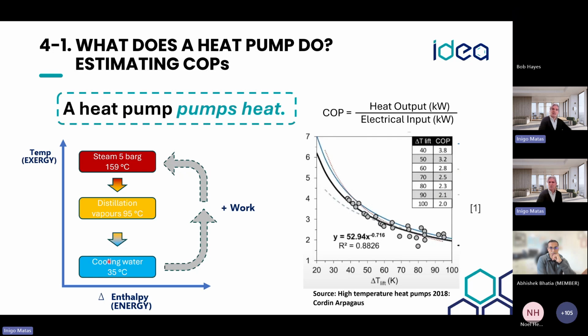Okay, so that's what we were saying. It's possible, but the higher the lift, the more energy we're going to have to use. If we follow the analogy with the centrifugal pump, if we want to pump liquid 2 meters high, or 1 kilometer high, the amount of energy is going to be a lot higher. So here we need to be very careful, and this is what I was talking about with the pinch analysis. Every temperature needs to be ideally provided at the minimum temperature that we can. In the same way, when we are cooling, we are not going to use chilled water. We can do it with cooling water, or we can even recover energy into a process.